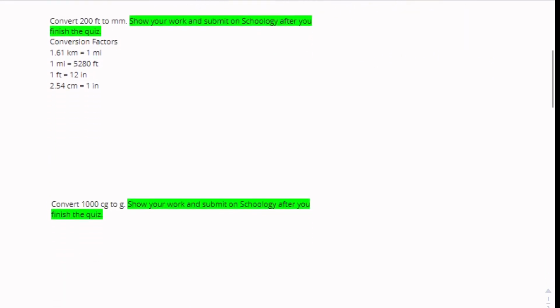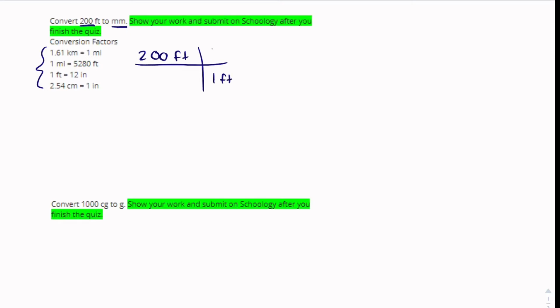On this one, notice we're going to convert 200 feet to millimeters, and because we have some non-metric units here, I have to give you those conversion factors. So there's lots of ways that you can do this even without these conversion factors that I gave you, but you can solve it, and I'm going to solve it using these conversion factors. So we want to go from feet to millimeters. So the first thing I need to do is try to find a way to get into the metric system, and I'm going to say that there's